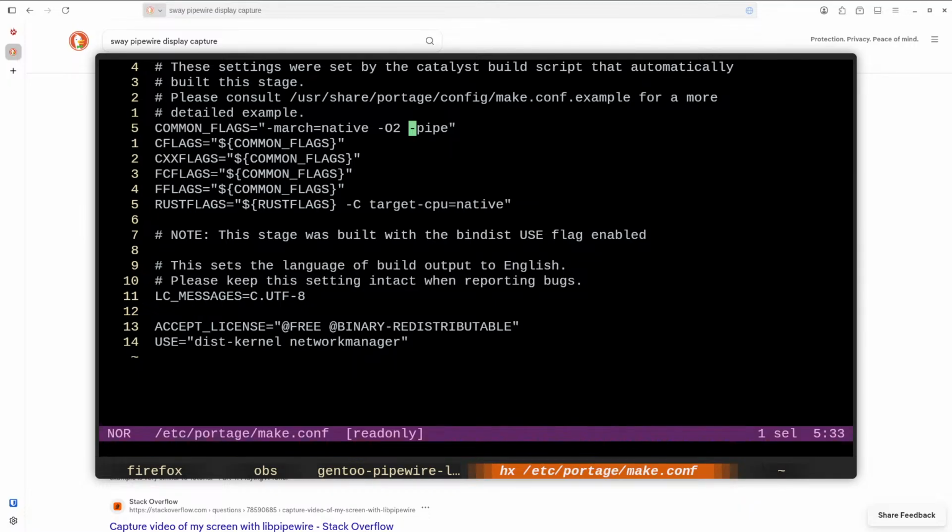A stage file is a tar archive. How do you install Gentoo now? Following the handbook, you boot into your install medium, you partition your disks just like usual, you mount them all, and then you download the tar archive. You unpack that archive straight into the disk, and that's it. You chroot in and do the rest of the installation.